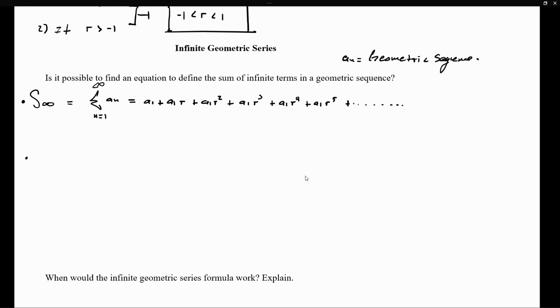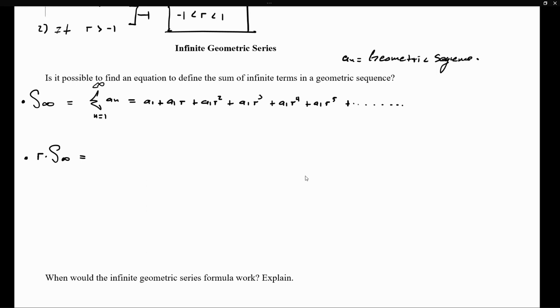And just like we did in our previous lesson, I'm just going to manipulate this expression. And I'm going to say, okay, fine. The infinite partial sum is just the addition of all the possible terms. So I'm going to define something else that I'm going to name r times the infinite partial sum, which is just getting every single term in the infinite series and multiplying it